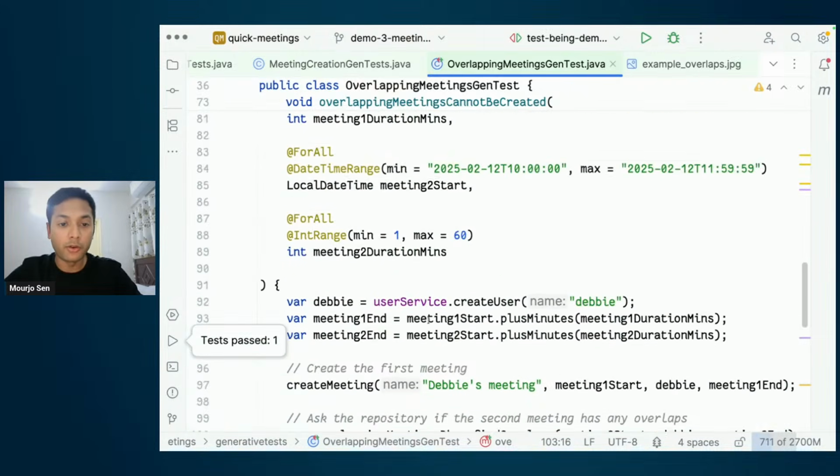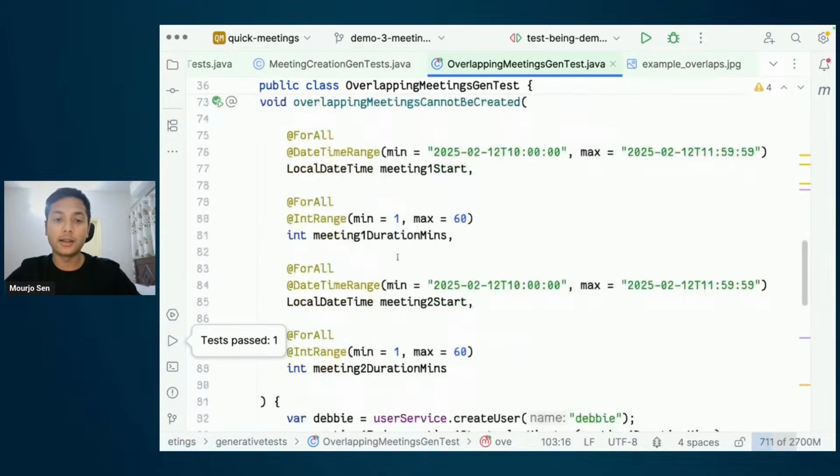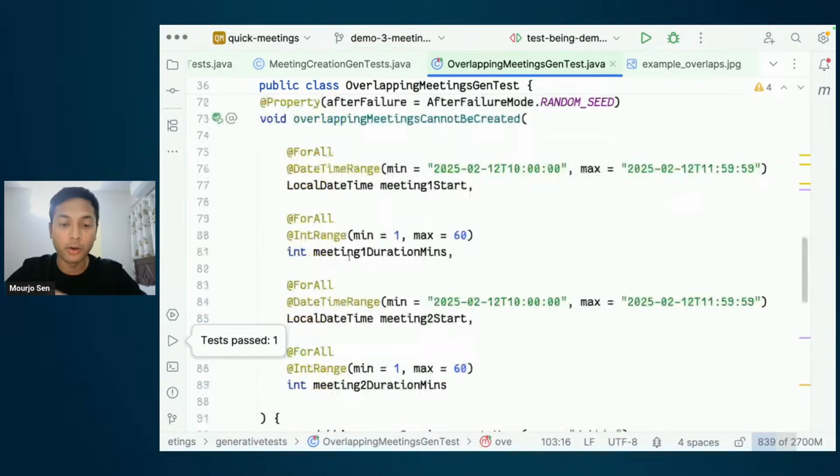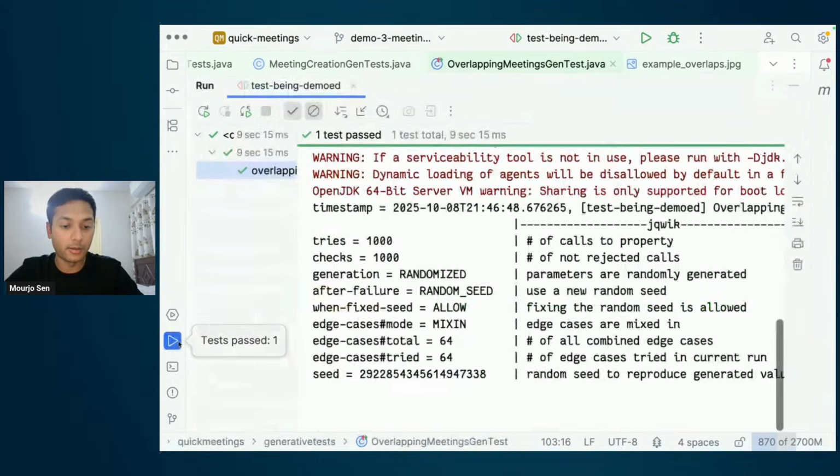A lot of combinations of start and end times, but it may not be something that I've thought of. The whole point of this property-based test is to simulate all those possible combinations of start, end, and a new meeting. And with the fixed clause, it is passing after 1,000 combinations of